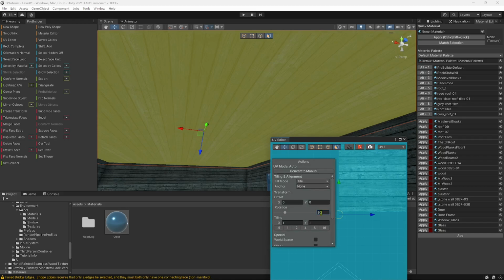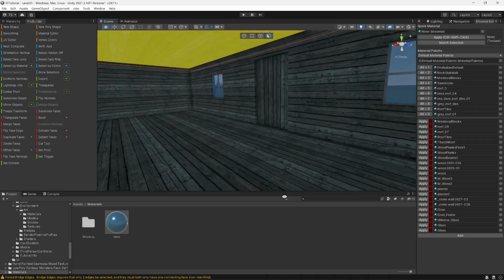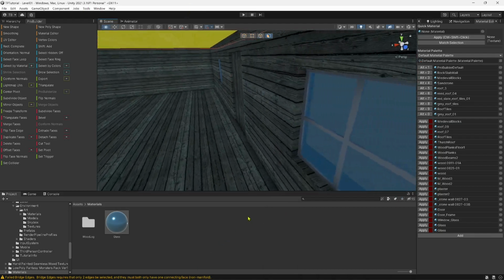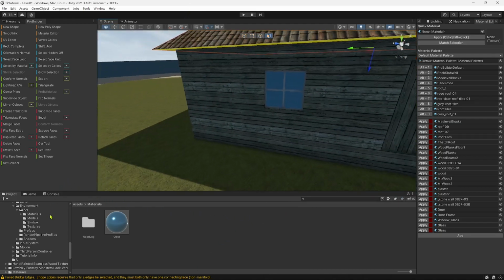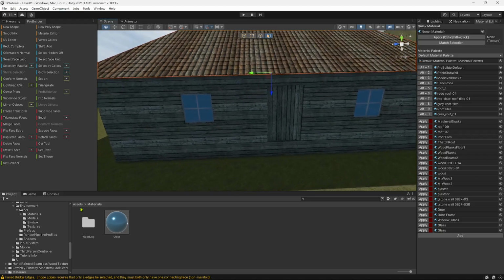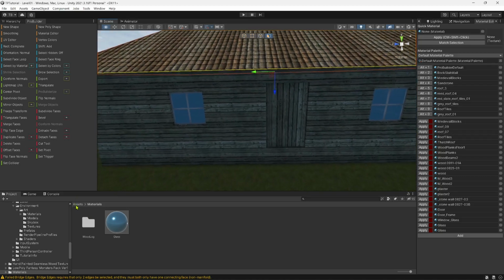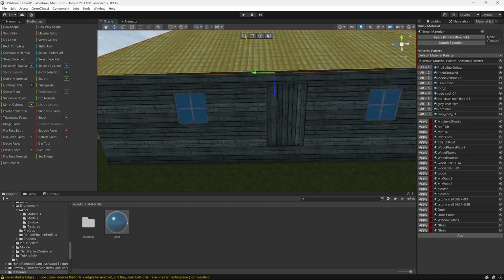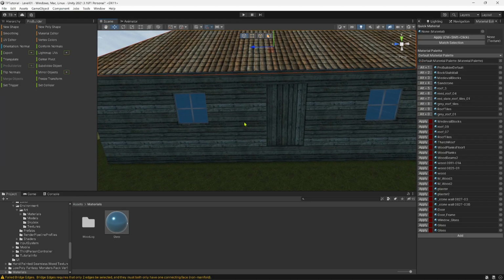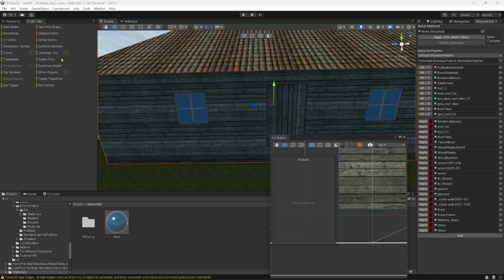Rotate it 90. Okay. I think the wood is a little too small though, now looking at it. So I'm gonna go ahead, go back to object mode, UV editor,